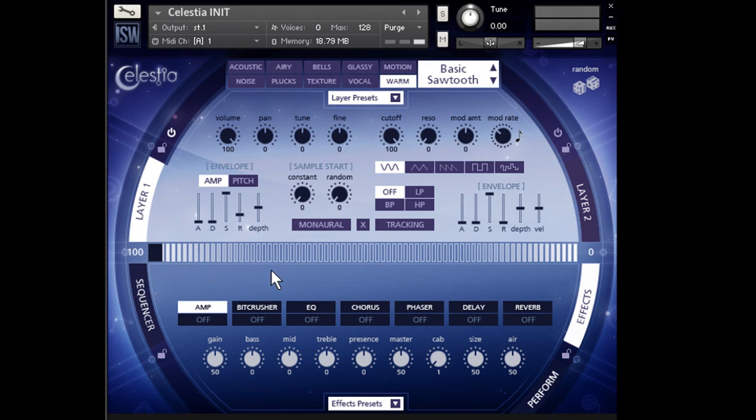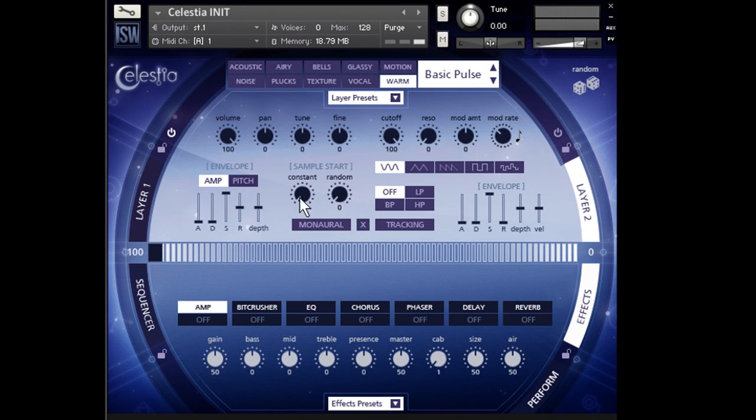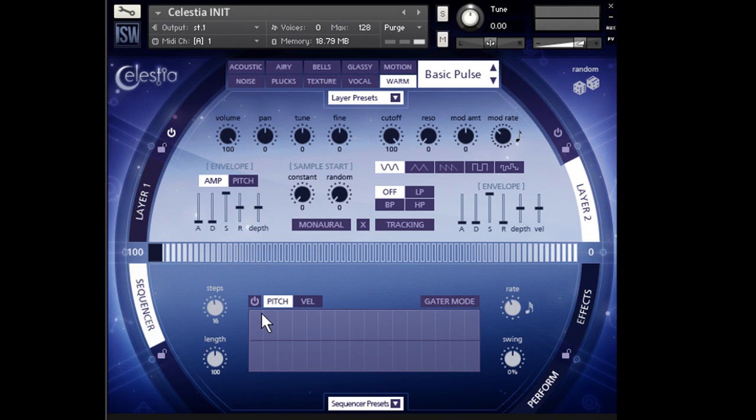The synth has a dual layer architecture. You can load 2 sound sources at any time. You have layer 1 and layer 2. Each of these layers has its own set of controls like volume, panning, tuning, amplitude and pitch envelopes, filters, and LFOs. Then there are global parameters such as a sequencer, which can be used as an arpeggiator or a gator,